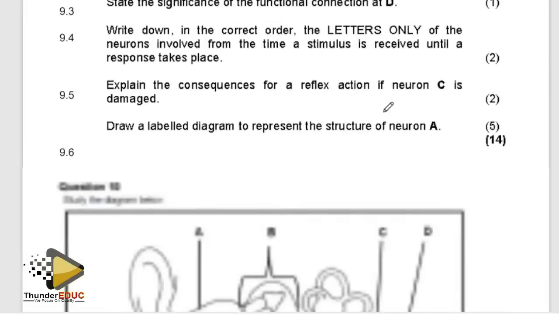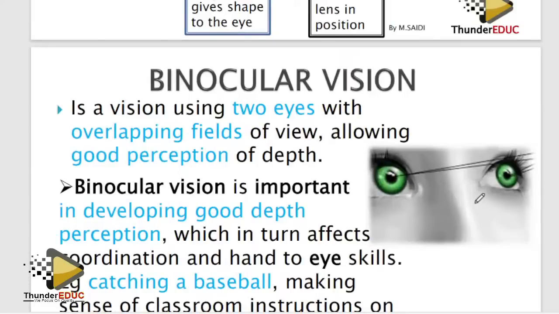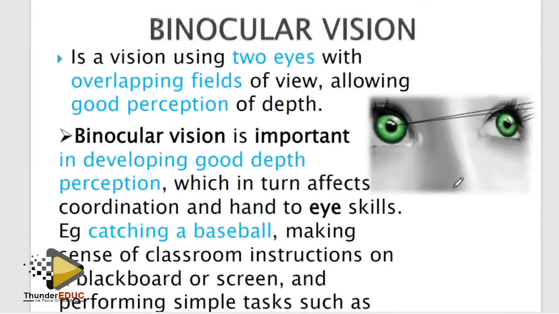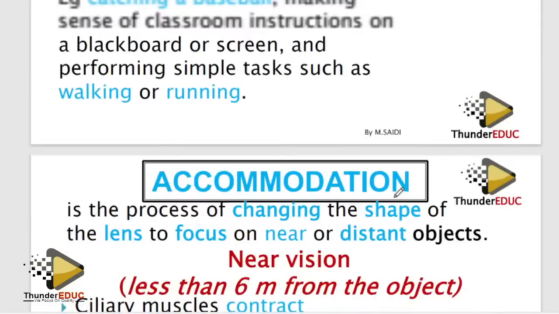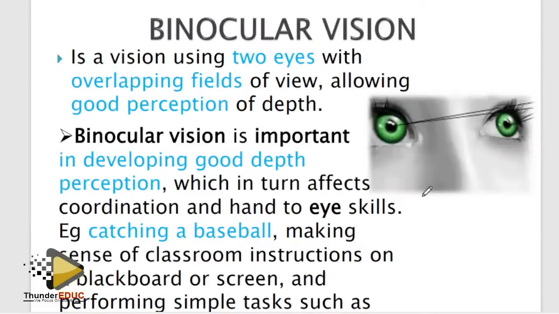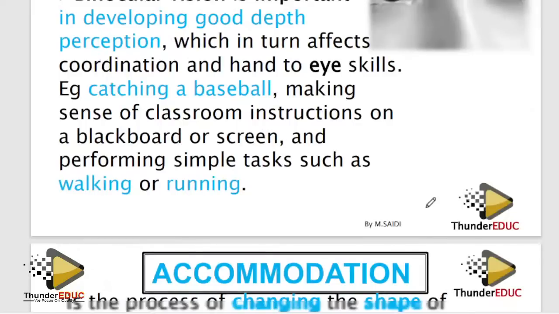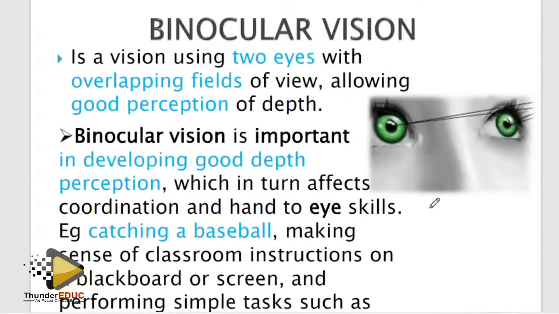Guys, I'm saying, okay, the ear. Let's go back to the eye. What are you supposed to focus on here? Look at the pupillary mechanism. Students confuse this, and I don't know why. Pupillary mechanism is the ability to see in dim and bright light. Accommodation is the ability to see near and far objects, meaning the lens is changing shape. While binocular is the ability to see with the two eyes.